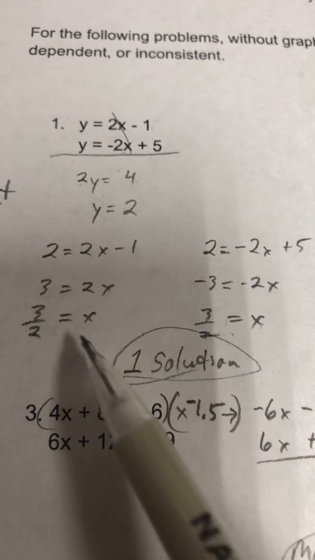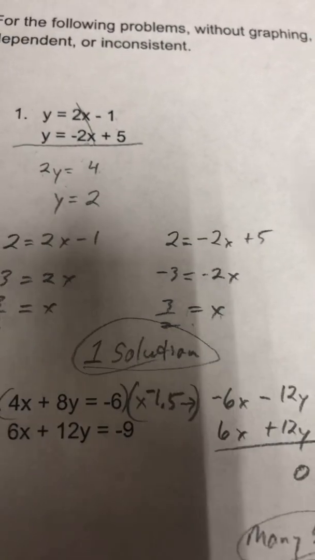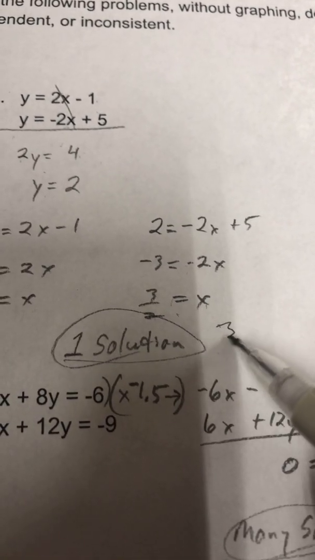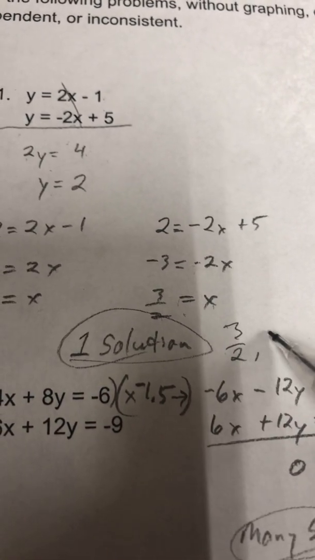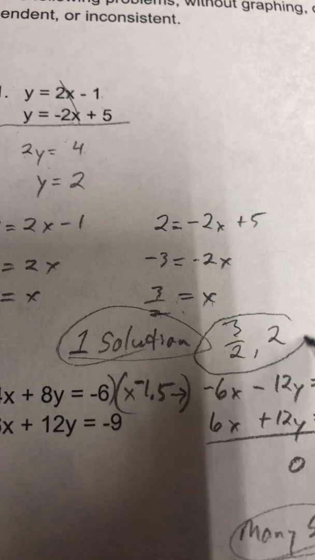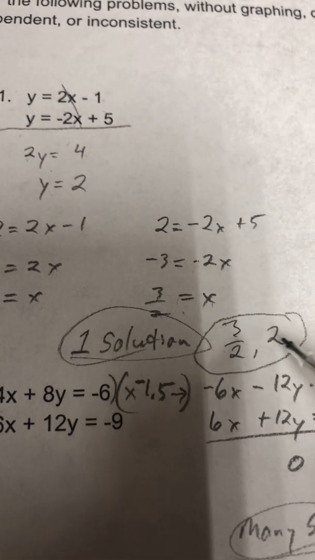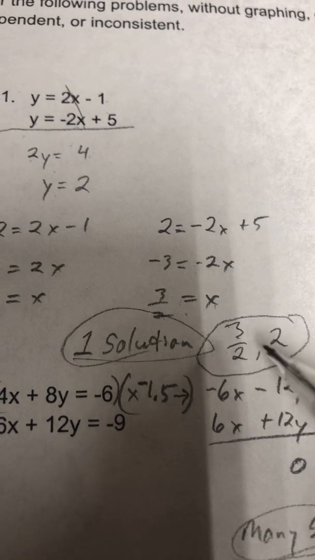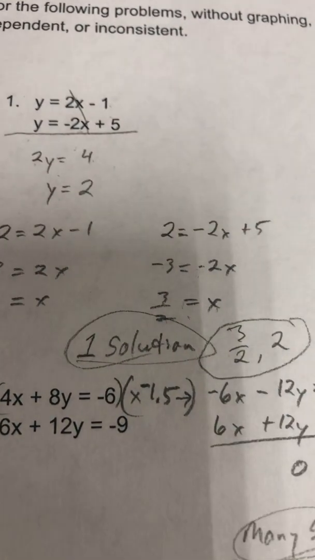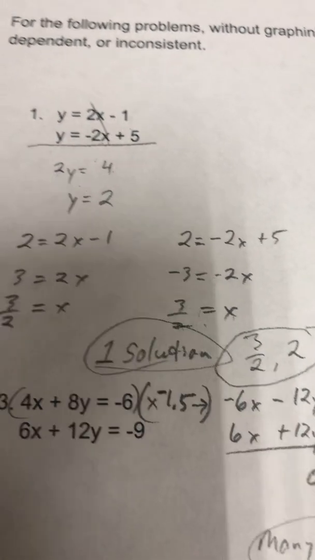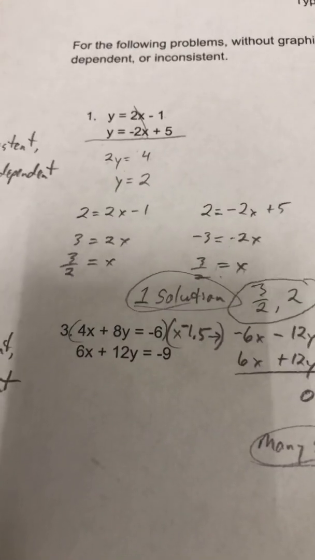The one solution, the point, would be 3 halves and 2. That would be my one solution, my x and my y value, the coordinate where these two lines would be crossing. That's the solution. So remember in the video, hopefully you watched Mr. Fry's videos,